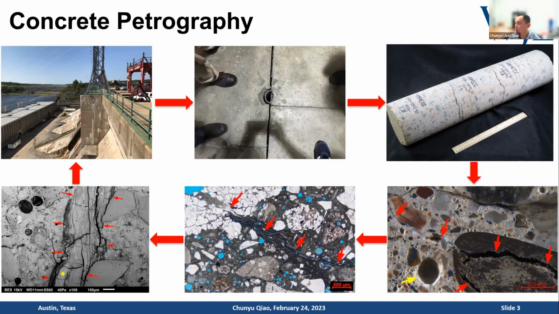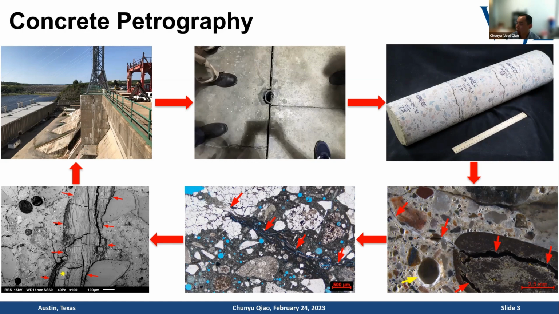structure, like I showed on the left, on the right top. So after we receive a concrete core in the lab, we'll do a very thorough visual inspection of the general condition of this concrete, and after that, we will cut a polished surface over the depth. So this will allow us to see more detailed features on the polished surface about what's really going on in this